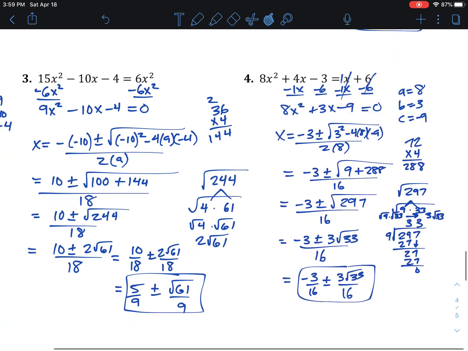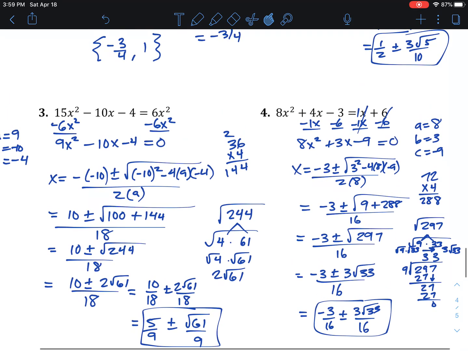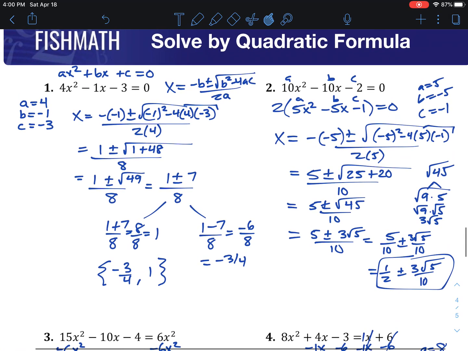As you can tell, these answers are not going to be as pretty, if you want to call them pretty answers, compared to those you get from factoring, but that's why we have a formula, because you can't solve these two by using factoring, so we have to have another method. You could, of course, use completing the square too. That would work too. You should get the same exact thing. But you can always use this formula even when it is factorable. The first one here was factorable, but we were able to get it with the formula without any trouble. And that's the formula, and that's how you use it. You can use it for any quadratic to solve. Once you get it equal to 0, plug in a, b, and c,